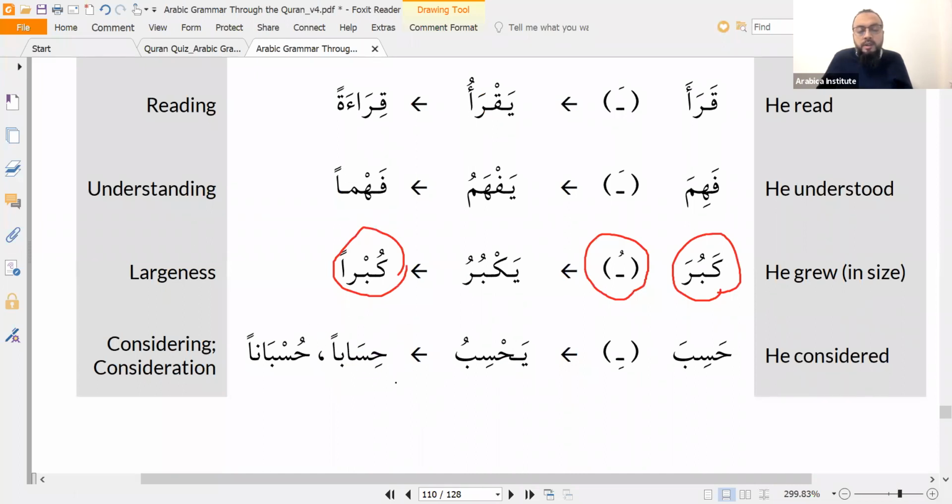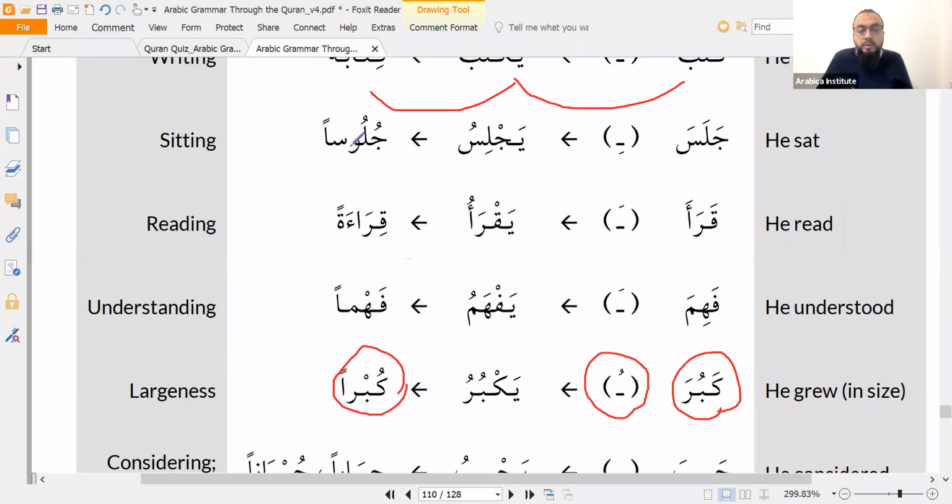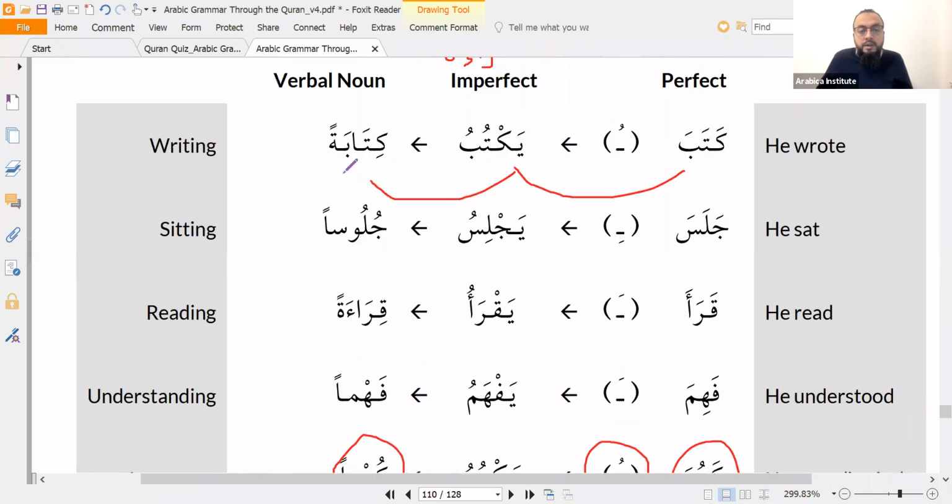Right? So I'm treating this almost like it's the object of these verbs. Does that make sense? That doesn't mean you have to always put fathas on these, by the way. So by default, this is kitabatun, like that. It depends what's before it, doesn't it? Depends on what's before it. That's right. Good. All right.